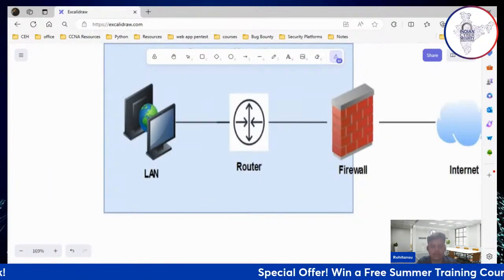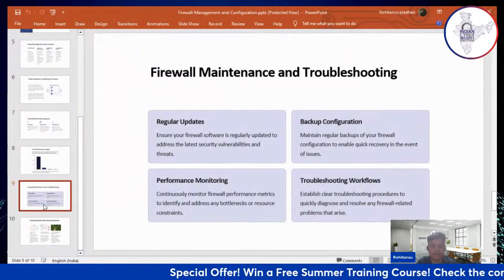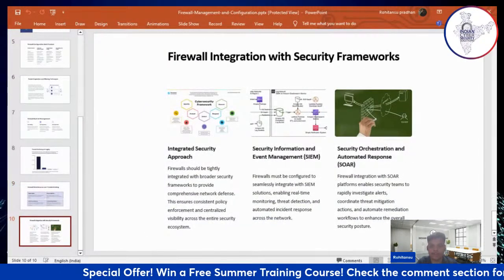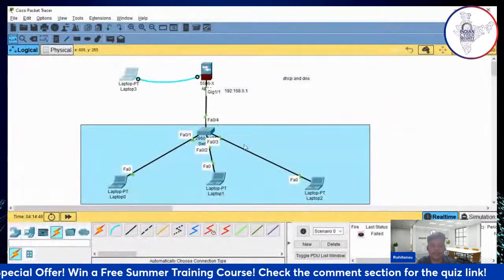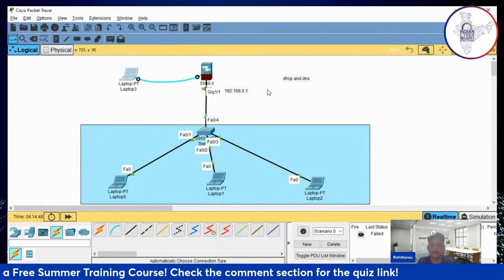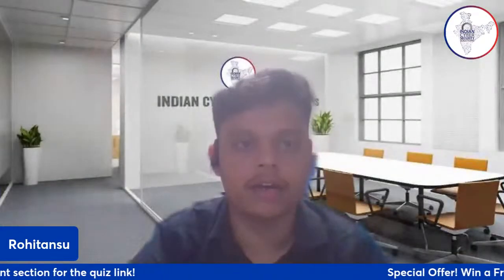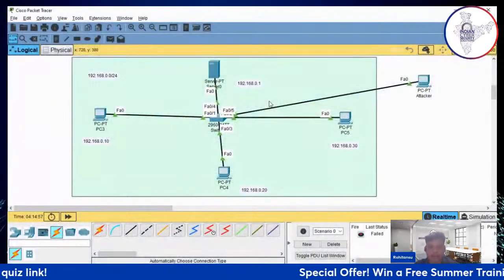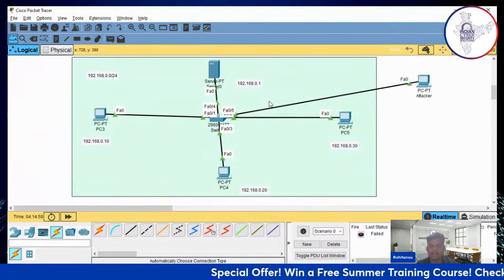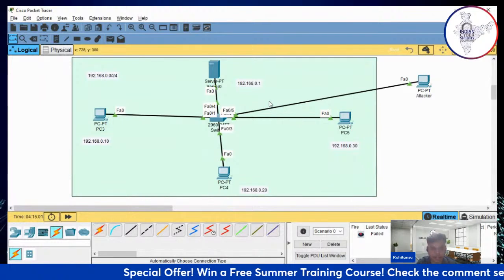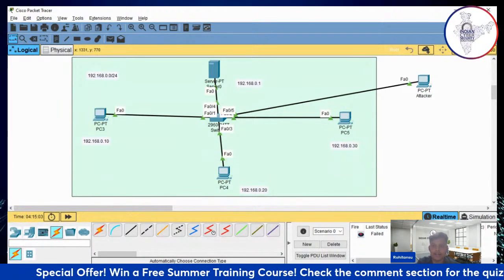So that's all for the live session for today. We have discussed firewall configuration, some basics of firewall configuration. How do you configure the hardware? In the hardware configuration, we have seen DHCP and DNS. And after that, we configured a software firewall where we demonstrated